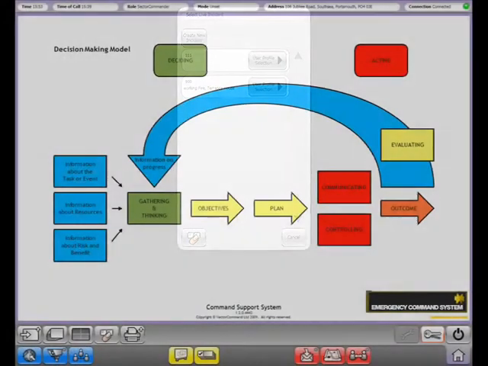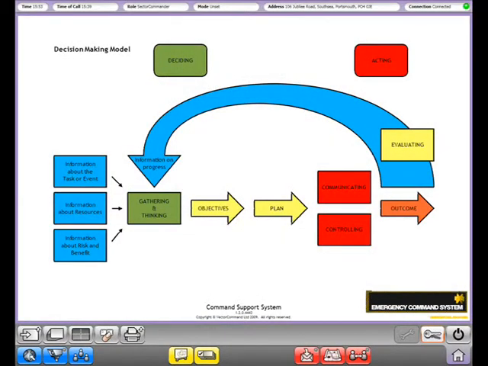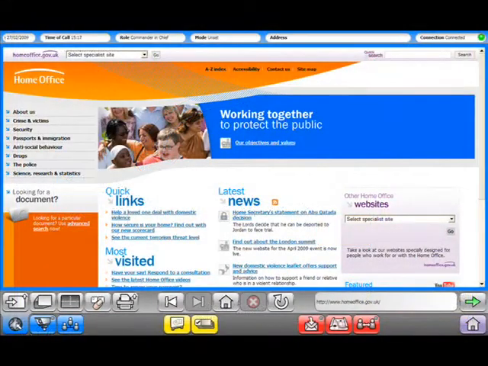If a user with sufficient system privileges is first on the scene, and their computer-aided dispatch system hasn't automatically already created an incident log for them, they can create a new incident to which everyone else on the network can join. Following the decision-making model of gathering information, formulating a plan, implementing the plan and review, any user can gather